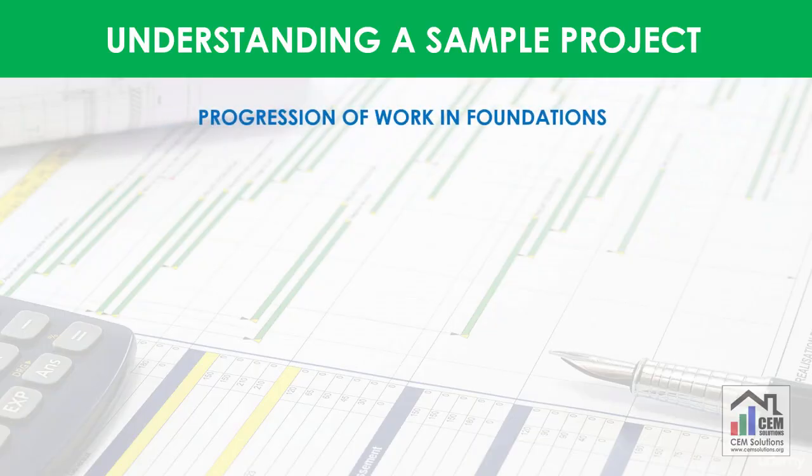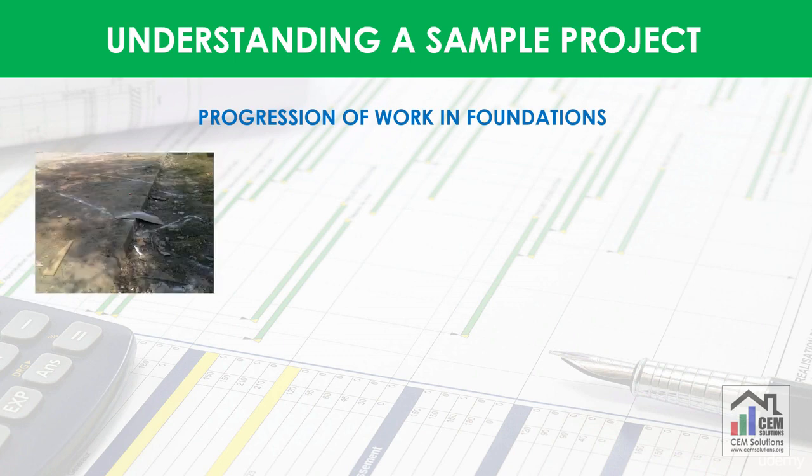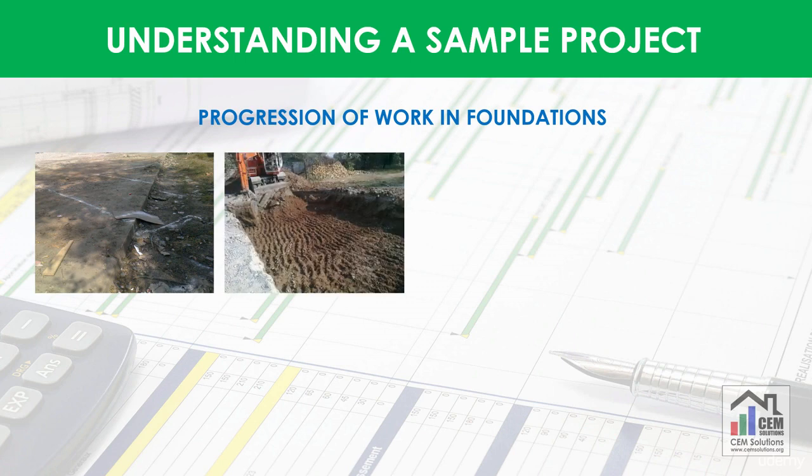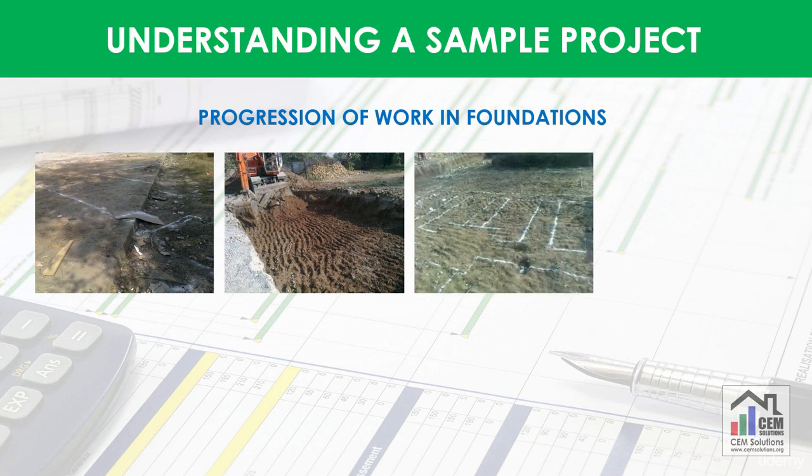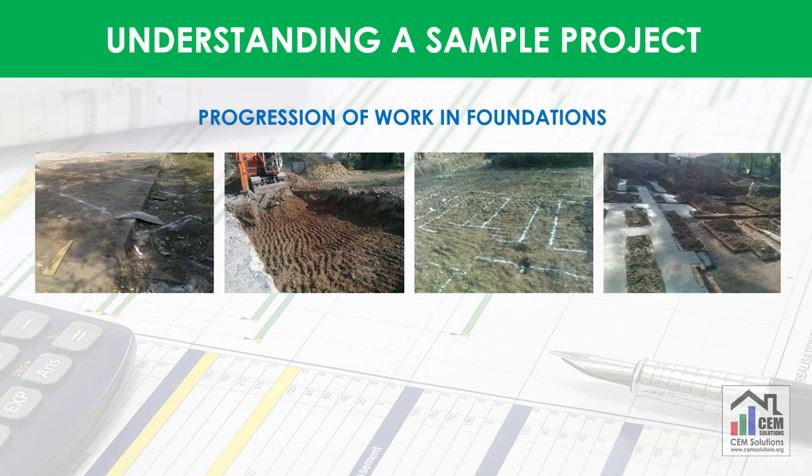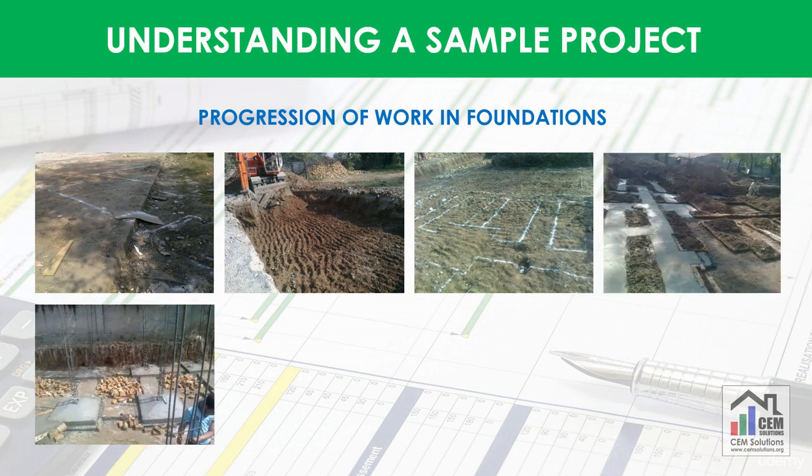Now let's see some pictures to have an idea of progression of work in foundations of this project. First, there will be a layout of excavations to correctly excavate for footings. Then the footings will be excavated up to required level. A layout will again be carried out to mark exact location of footings. Then comes the PCC under footings. After PCC, steel fixing and form work for column footings will be done and then these will be poured with